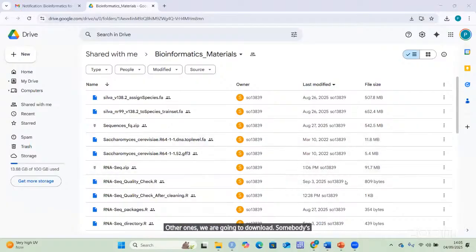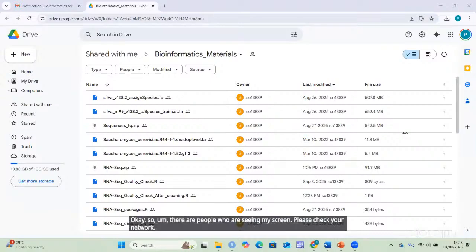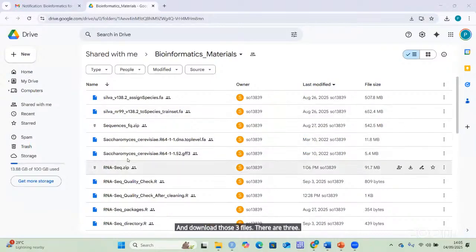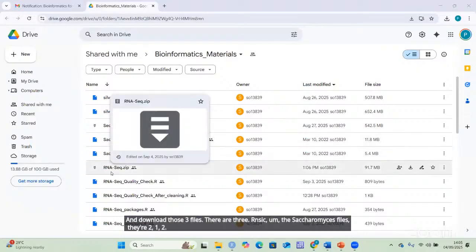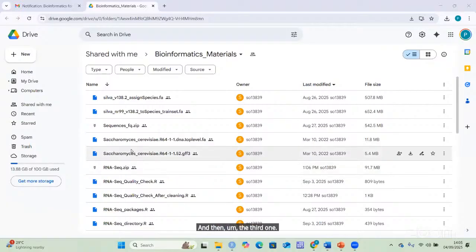Somebody's not seeing my screen. If the rest of you are seeing my screen, just type 1. It may be a network issue if you cannot see my screen. Okay, so there are people who are seeing my screen. Please check your network and download those 3 files. There are 3: RNA-seq, and the Saccharomyces files, there are 2, and then the third one. Download them,